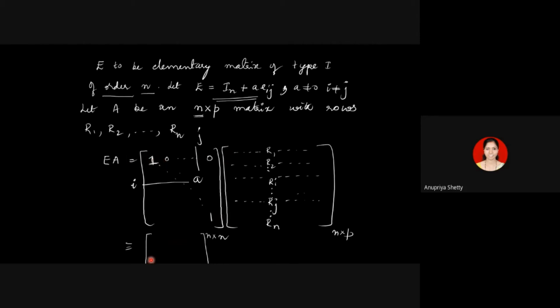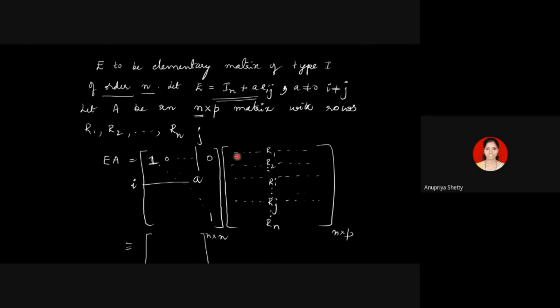What am I going to get? I want the answer. When this first row is multiplied with the first column, what is the entry I get? It's easy because the first row of E is quite simple and nice. Only the first entry is 1, rest everything is 0. So what will happen?